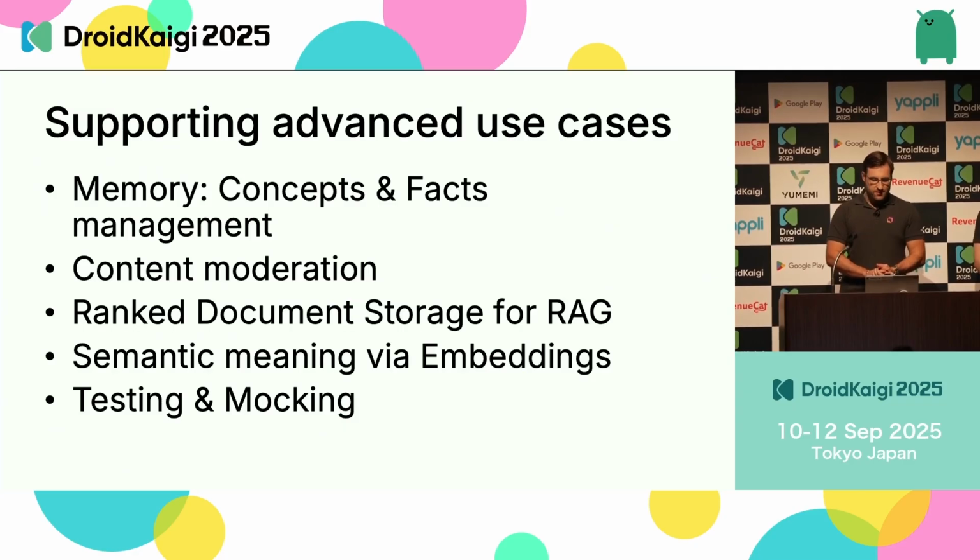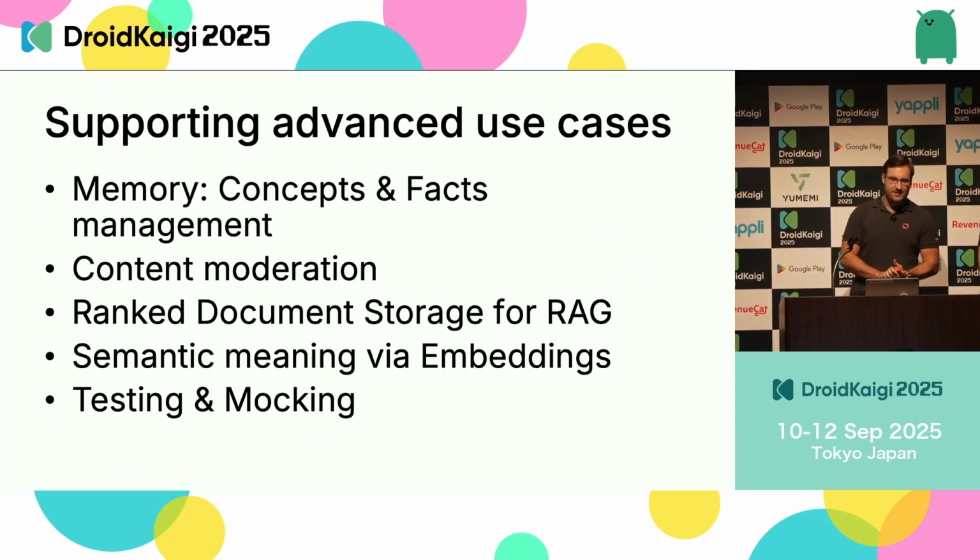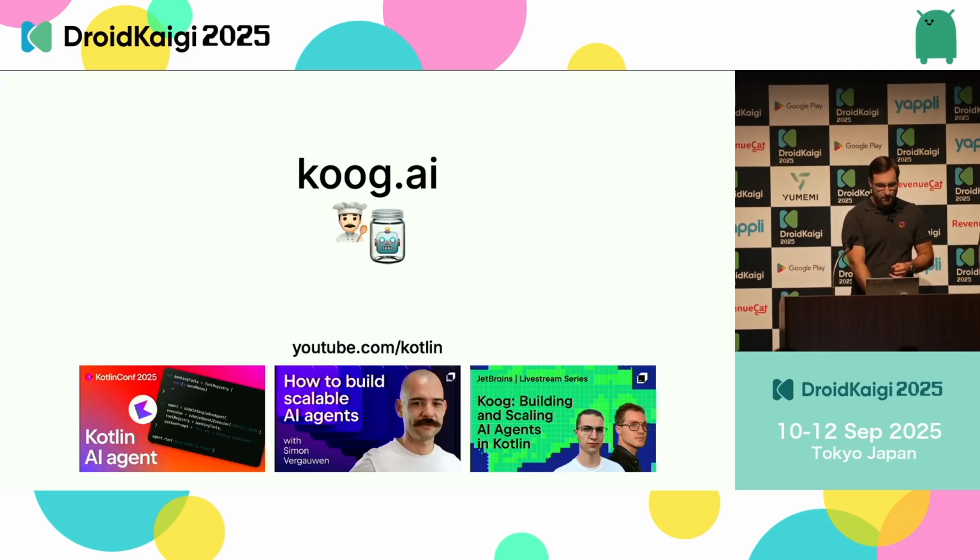Koog also supports a lot of additional advanced use cases, which I invite you to explore. These are topics like memory management with concepts and facts, content moderation, ranked document storage for RAG, and also things like testing and mocking. If you would like to find out more about Koog, we recommend you to visit koog.ai